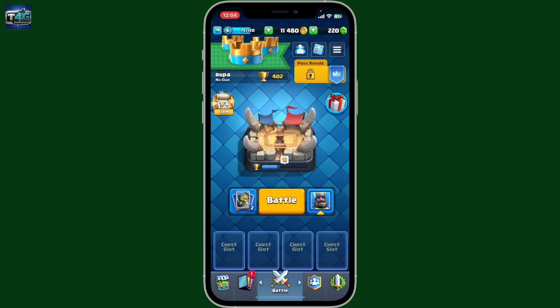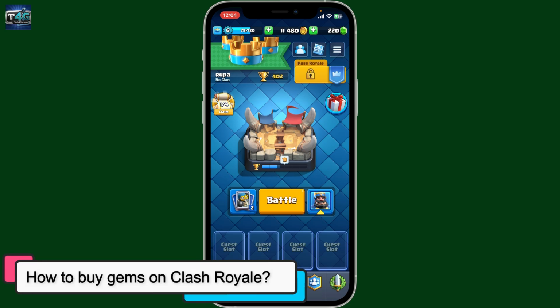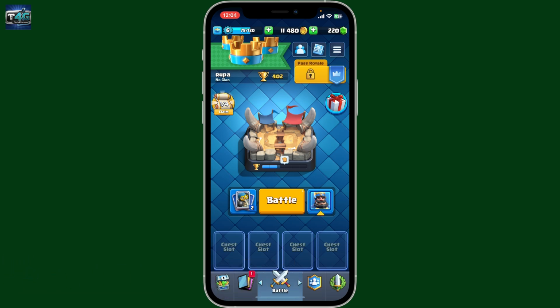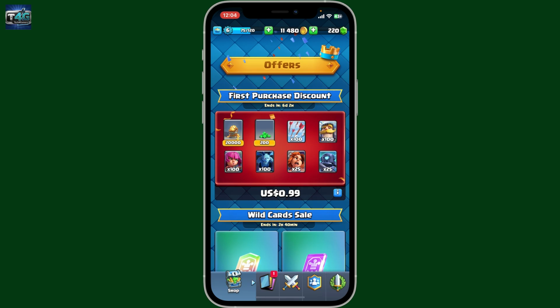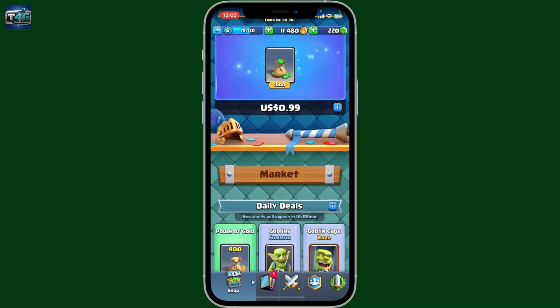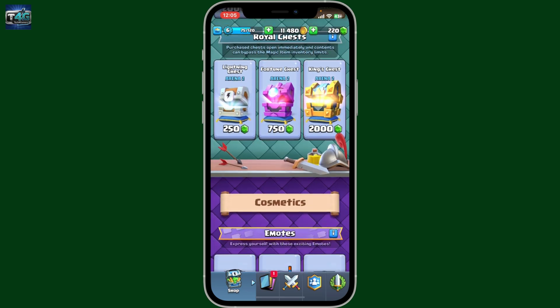In this tutorial, we are going to be learning how to buy gems on Clash Royale. To purchase gems in Clash Royale, first of all, open up the Clash Royale application on your device and on the main screen, go ahead and tap on the treasure box at the bottom left, which is also known as the shop icon. Once you are inside this shop menu, go ahead and scroll through the options and look for